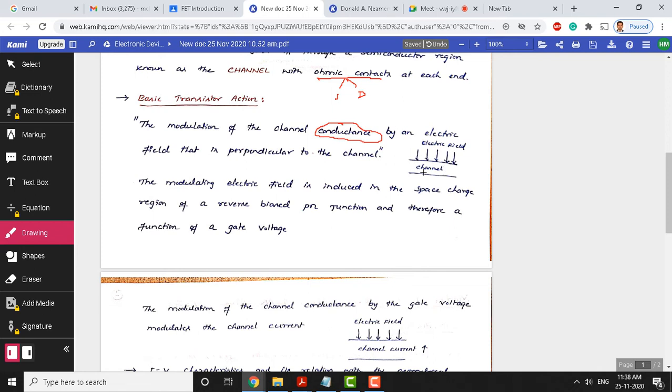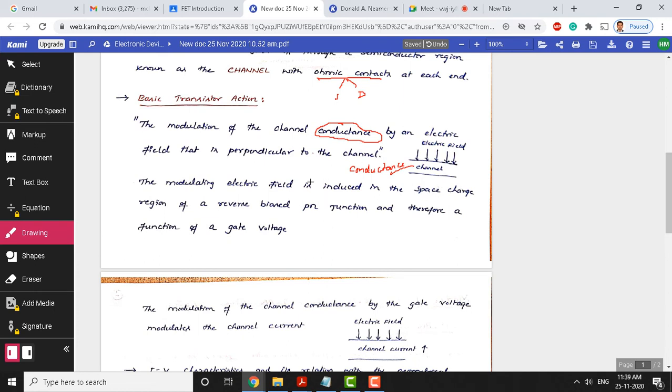Suppose there is a channel here between the two semiconductors, and we induce here the electric field by applying a voltage, and this electric field controls the channel conductance here. The conductance of the channel can be varied by varying the electric field which is acting perpendicular to the channel here.